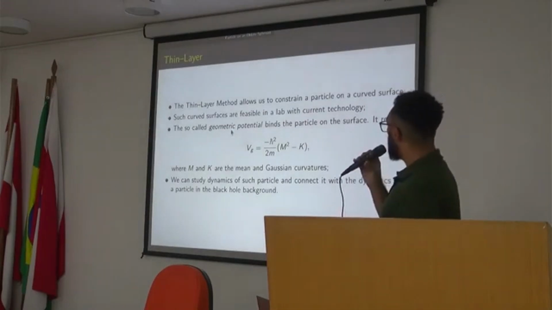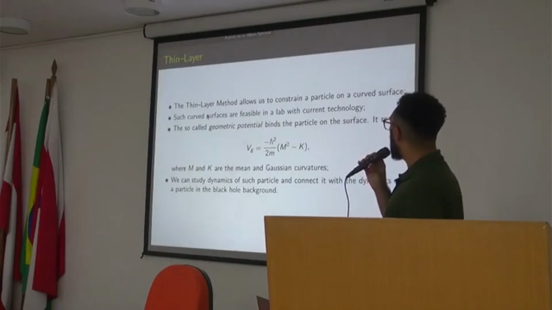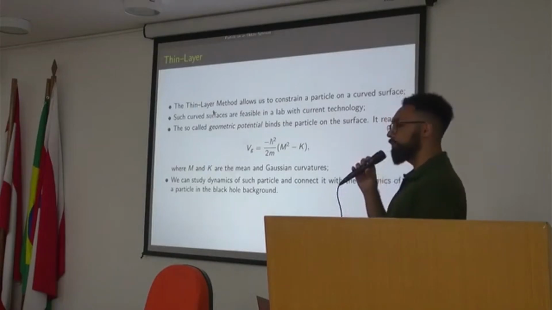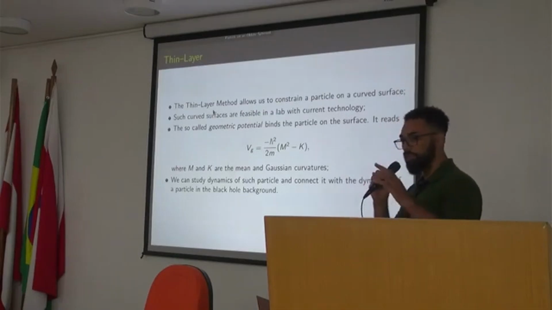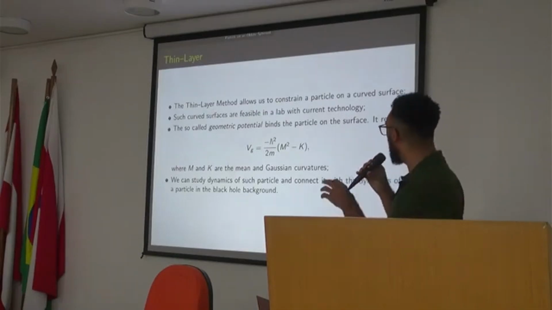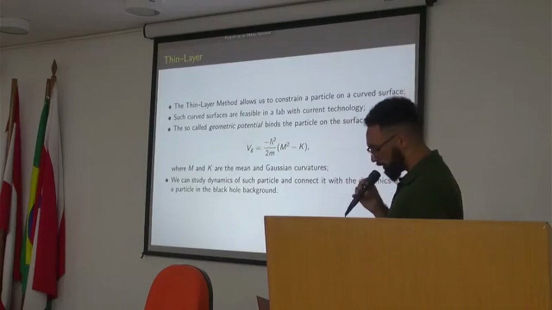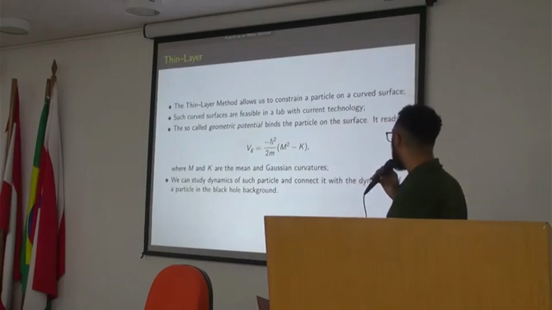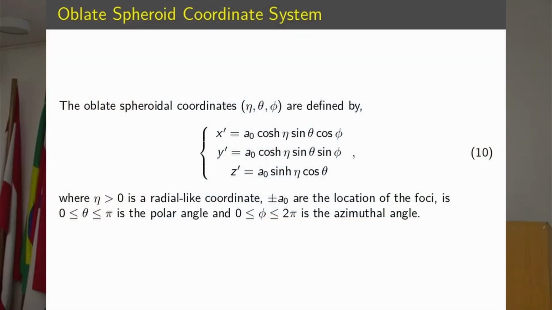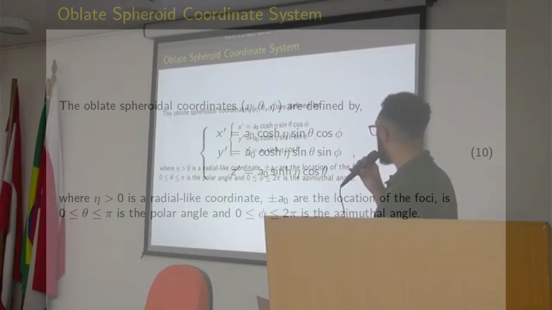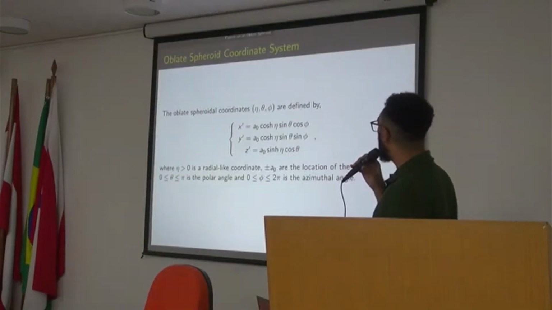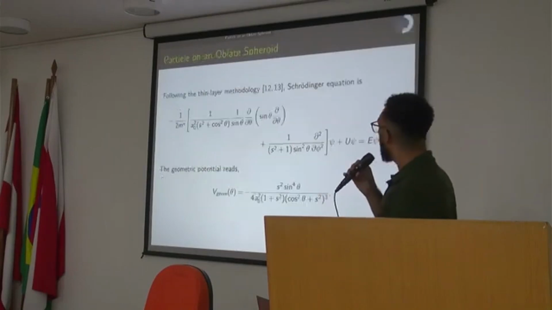It is important to note that those curved surfaces are feasible in a lab. So someone somewhere here on Earth can build such a surface. Now, an oblate spheroid needs the oblate spheroidal coordinates you can see here, and then using this and the geometric potential,